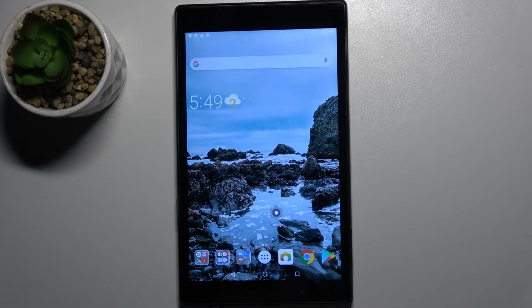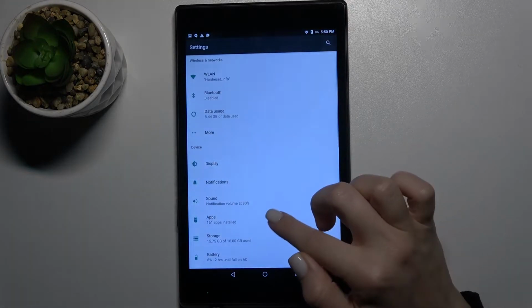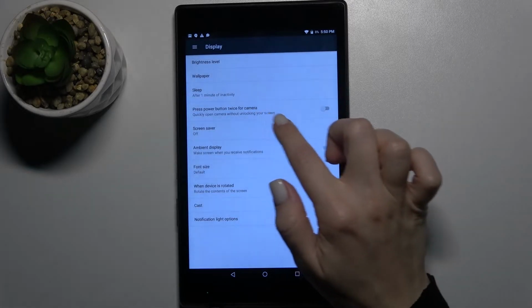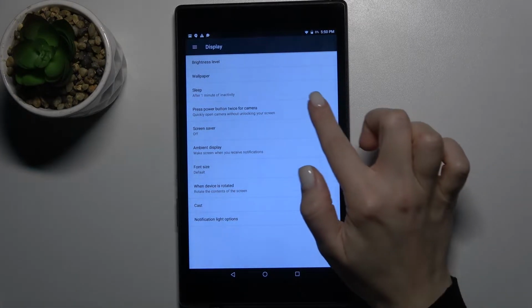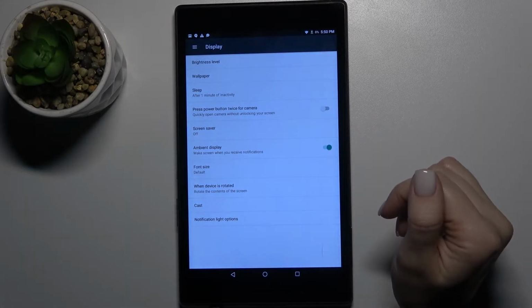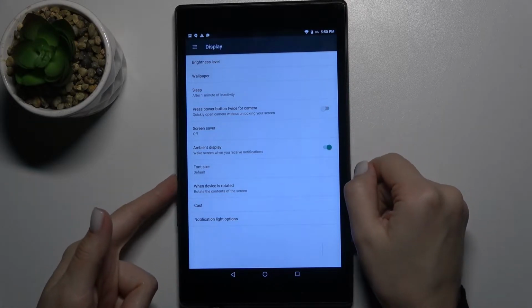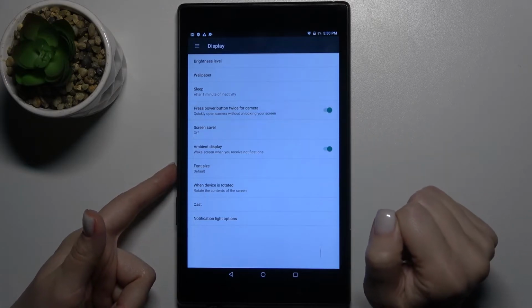Welcome, today in front of me is the Lenovo Tab M8, and I'll show you how to activate the quick launch on this device. So first you should go to the settings application, and now just go to the display section. Right now here you can see the "press power button twice for camera" section, and just to quick launch the camera with the power double press to the power button, tap on this